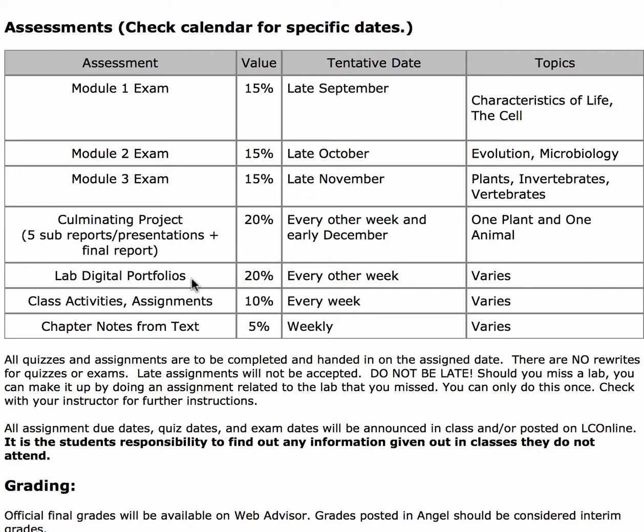And so what I'll let you do is I'll let you do an additional report that is based on what that lab was. Okay, and I'll let you do that 1 time, but you can't be doing that all the time. You can't be doing make-up assignments all the time. I'll let you only do that once.